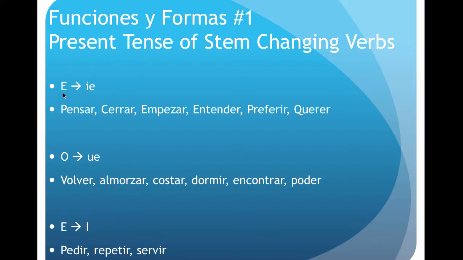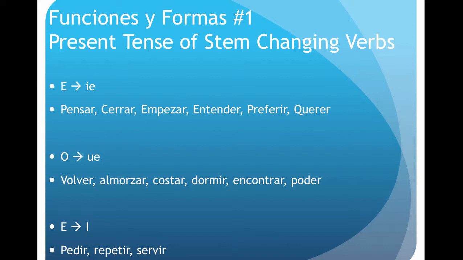So for example, in the textbook, we will see here that in the yo form of pensar, instead of yo penso, it will change to yo pienso. Okay, yo pienso. All right, and you can see some examples of this on page 133, la página 133.